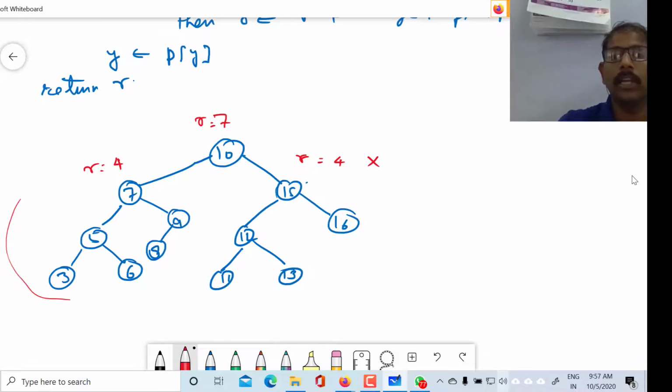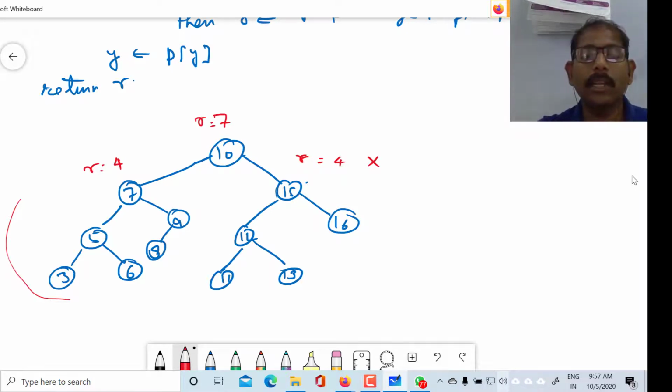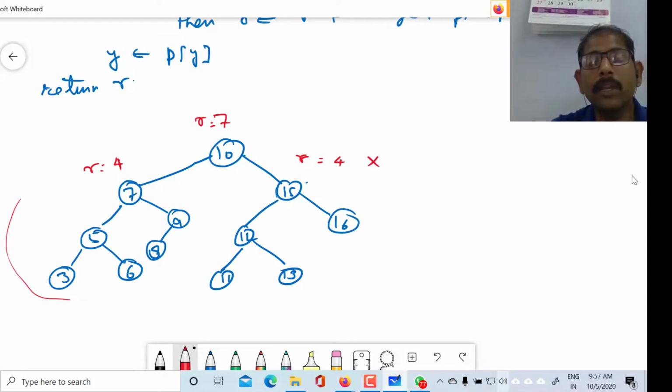Its rank is not 4, because it is on the right-hand side of the subtree, and there are many nodes on the left-hand side of its parent also. So its rank is a little higher than that.